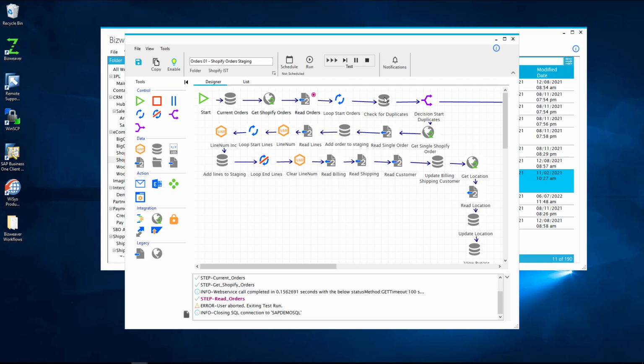So you can add multiple breakpoints later on during the test, so you don't have to worry about dropping in and out of test mode to add them. To remove a breakpoint, it is pretty simple. You either right click on the step that you wanted to remove that breakpoint from and select remove breakpoint, or